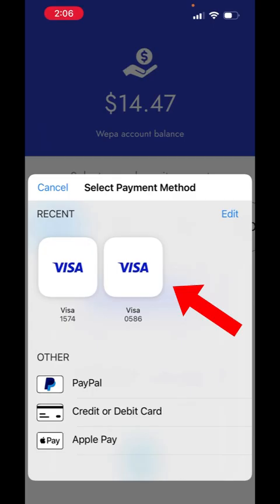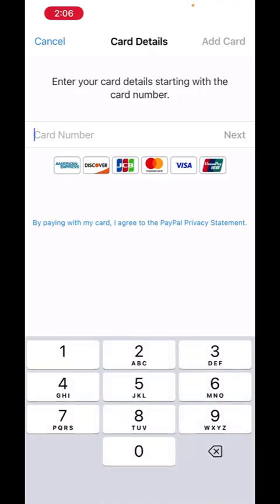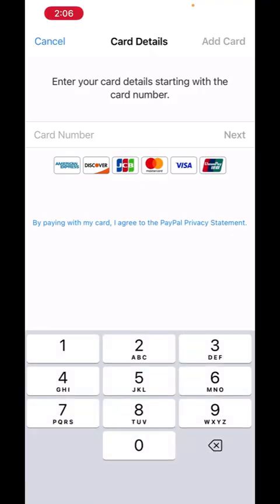These are the ones that I've already uploaded to my account, and I can click one of the options of the credit cards over here, or if I don't have a valid credit card entered, I can select either debit or credit card or PayPal or Apple Pay. In this case, to add the credit card information, click on debit and credit, and it's going to prompt you to enter your credit card information. And once you're done, you just need to click add card on the top right of the page right here,